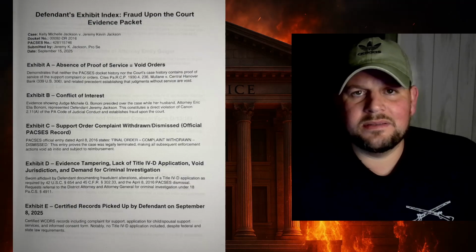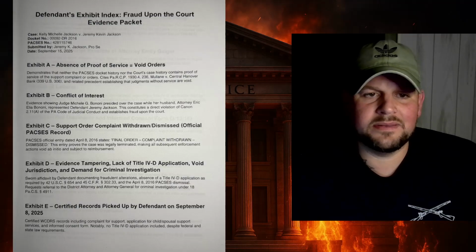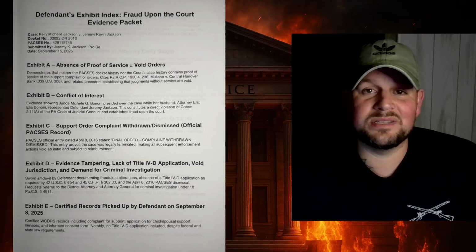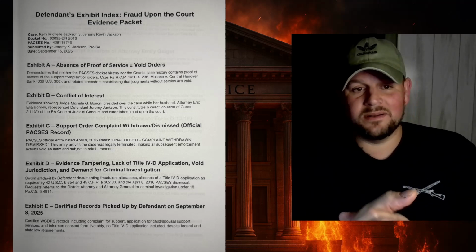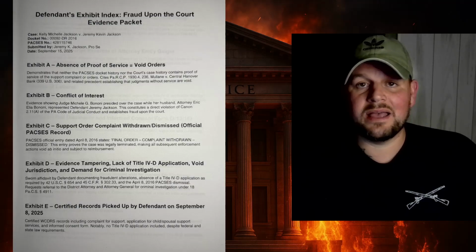That means you're enforcing an order that is void, that is null, that is closed, and you're still enforcing orders on me. Again, I'm going to remind you guys, they just took a lien out on me for $6,000 when I sold my home at the end of last month. That's also a big problem, because we actually got proof here that this child support order has been dismissed and withdrawn, and that should have been the end of that. Nothing else should have happened after that, and that was back in 2016.